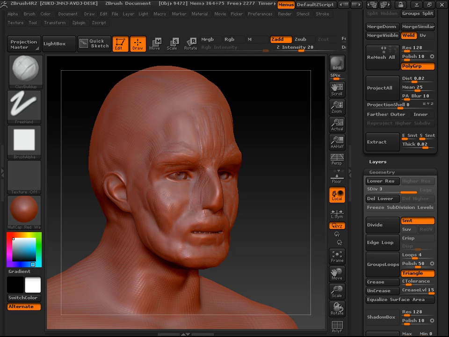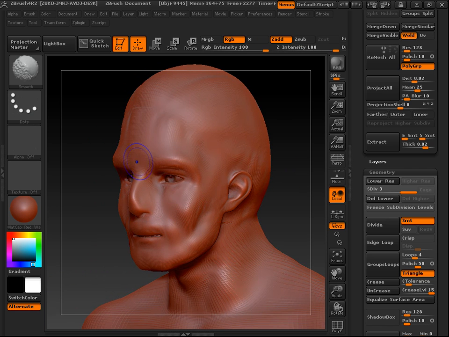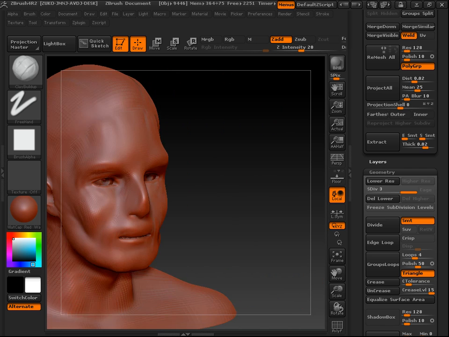And so that way you have a better idea of where your forms are coming from. My muscle groups are not exactly accurate either in this. I'm just really quickly sketching to give you the idea of what it does. So anyway,